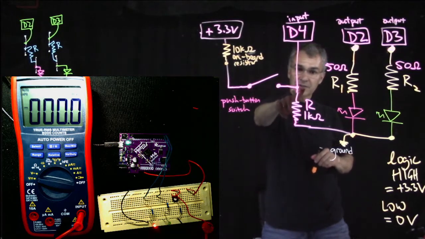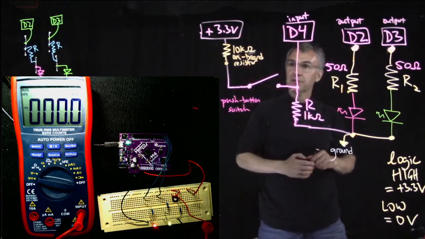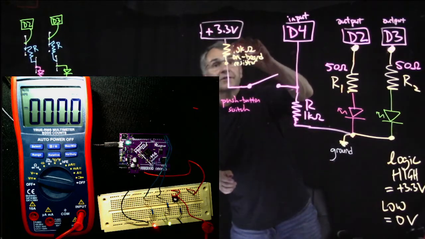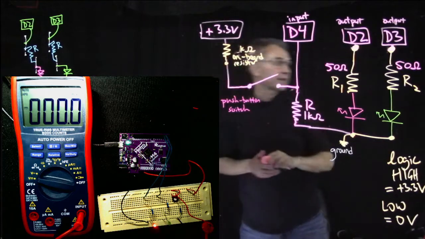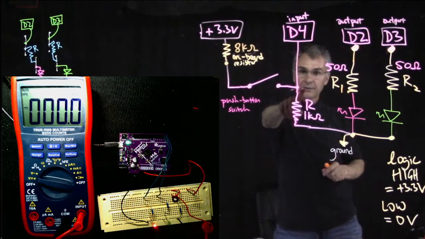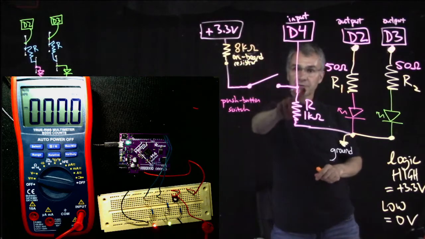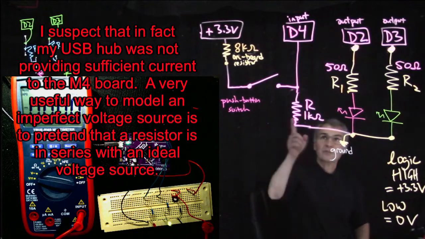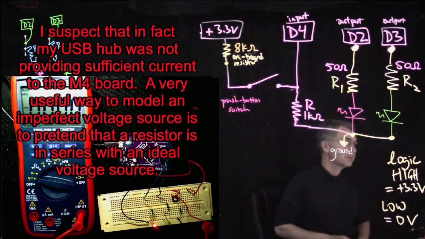And what makes me think that is if I draw a circuit diagram that looks like that, then what I measure here would be 1/11 of 3.3 volts. And that's pretty close to what I see. Okay, to get the numbers to work out, even though this seems less plausible, I'm going to say it's actually more like 8 kilo ohms, because then if I look here, I would see 1/9 of 3.3 volts, and that makes more sense for 0.36 volts. I haven't looked at the circuit diagram for the board to confirm that, but this seems like a good